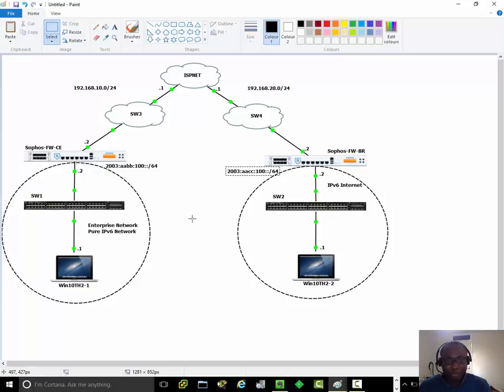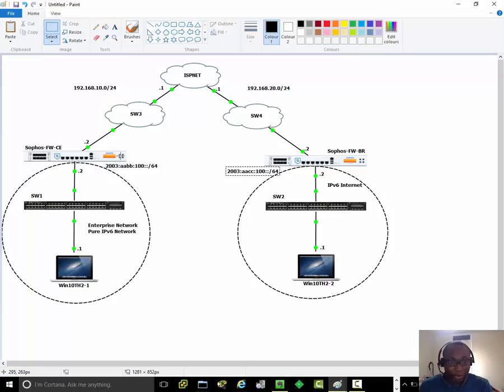We want to give them the ability to communicate with each other, but what's the issue here? The issue is they have to go over the public internet, which is based on IPv4. So there's an IPv6 internet, but the internet that they're going through in this case is based on IPv4. So what we'll have to do is get packets that come from this network here and come